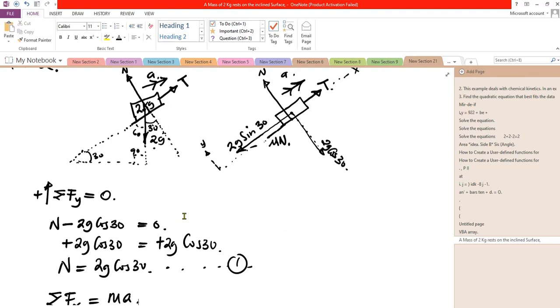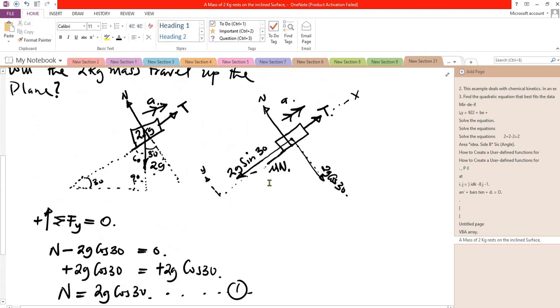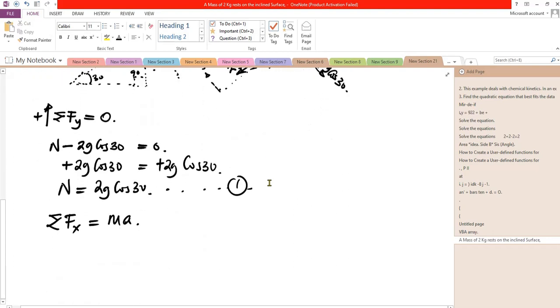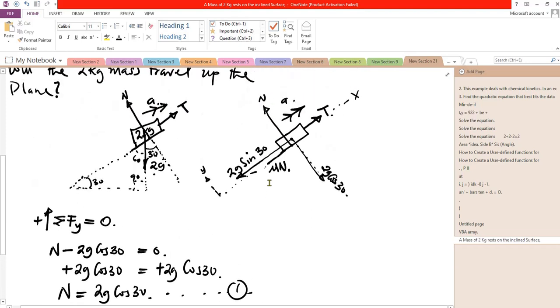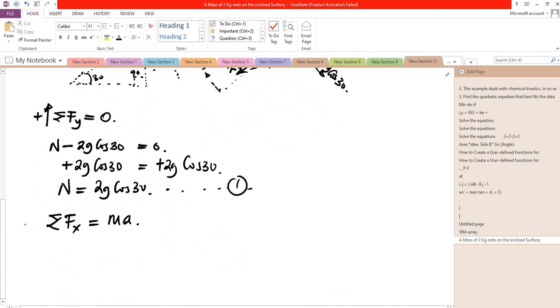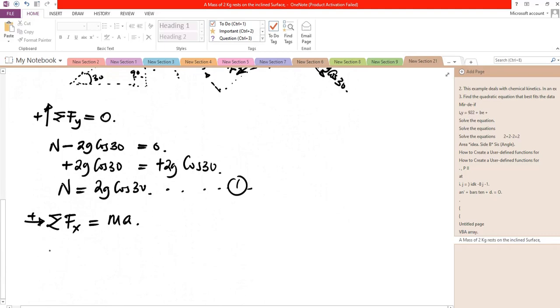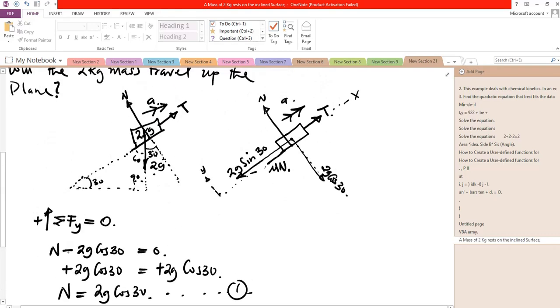And since there is an acceleration, there is an applied force. That is why the sum of all the forces along the x-axis, which is along the plane, is equal to mass times the acceleration. So this direction is positive. Now, meaning the tension is positive,